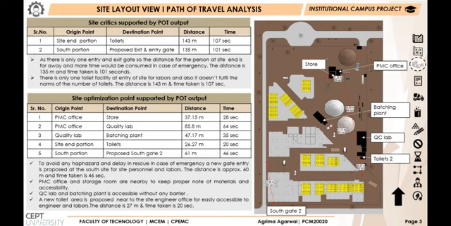Next, the site critique has been supported by path of travel analysis with the help of Revit output for further site optimization. As mentioned, there is only one entry and exit gate, so the trip for a person going to the south direction on site takes 2 minutes. The optimization is done by proposing another gate on the south side, by which the time is reduced to 1 minute and the distance is reduced to half. Also, toilet facilities are provided at different locations on site, which reduces the time to one-fourth.